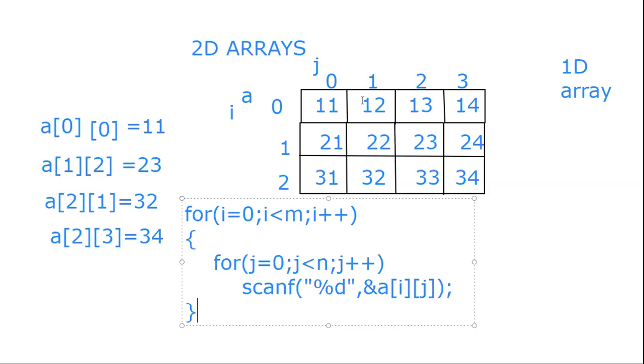Right? So now similarly j gets incremented to 2, I is still 0. So if we enter 13, I is 0, and j will become 2. 13 gets stored next to 12. Okay, next number we enter as 14. I is 0, but j is incremented to 3, right? So 0, 3, next number gets stored here.